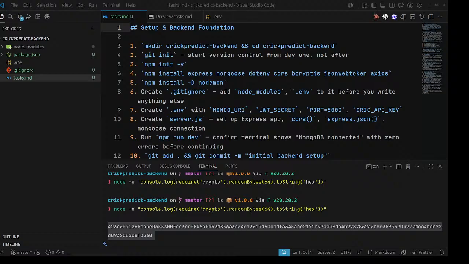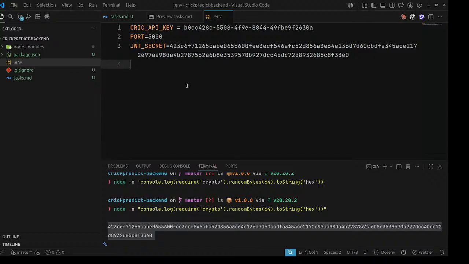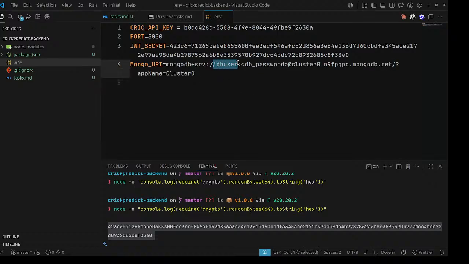I am just going to MongoDB. I got to the Mongo URI, but what is my DB user?